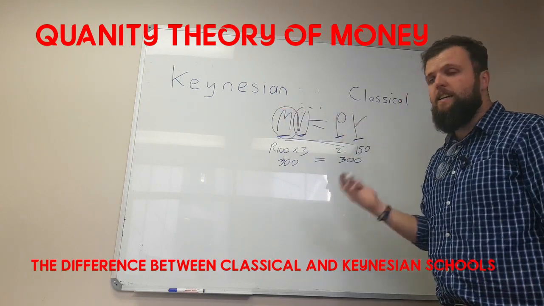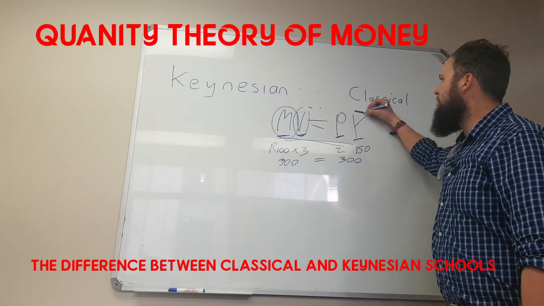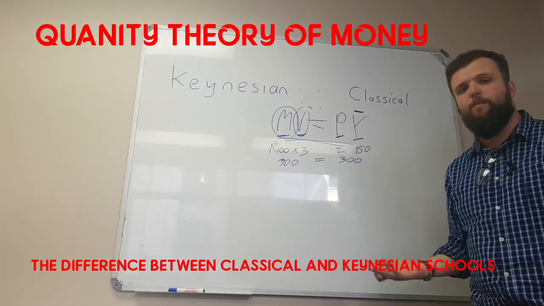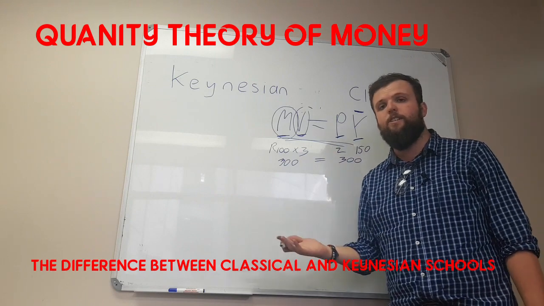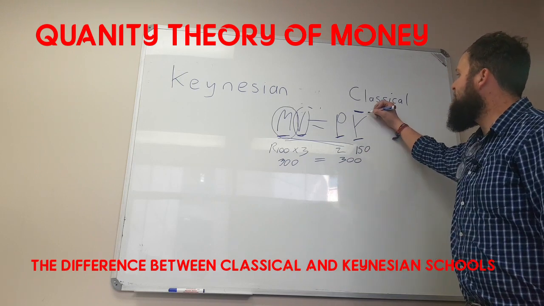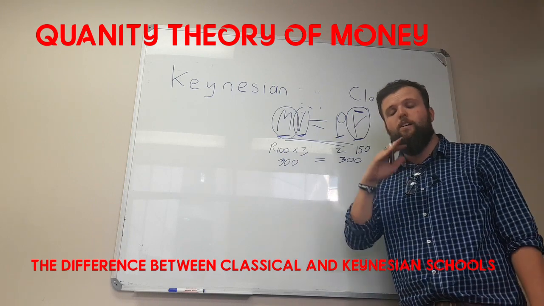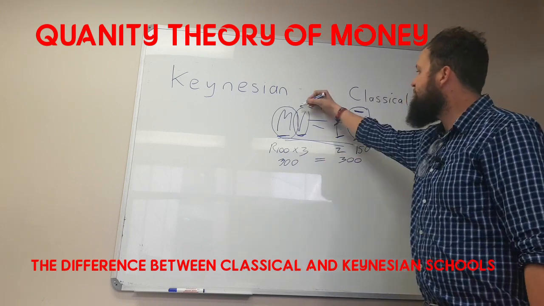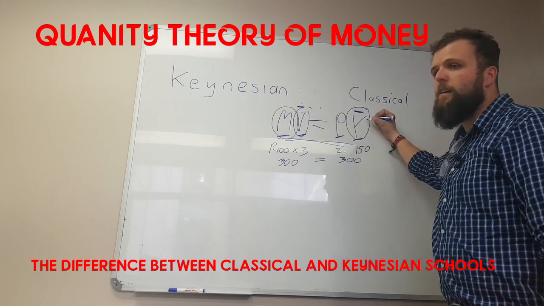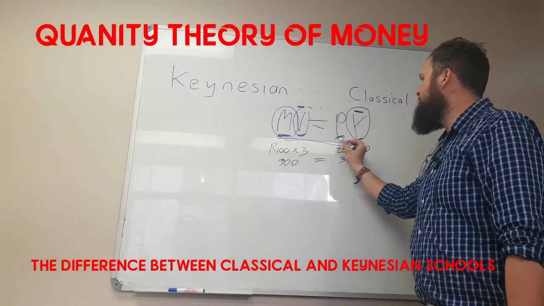What do the classicals and the Keynesians do? The classical school assumes 2 things. In the long run, your output is constant. We call this money neutrality, meaning in the long run your real variables will not be affected by money changes. If you want to learn more about that, Google it. So output is constant in the long run, not in the short run. Also, velocity is constant under the classical school. So velocity is constant and output is constant, meaning the only 2 variables that change are M and P.